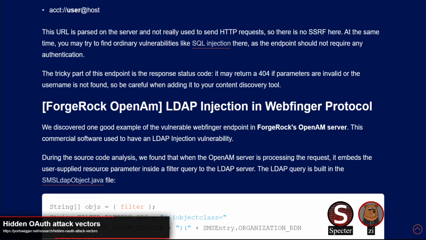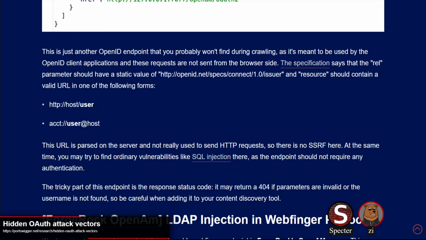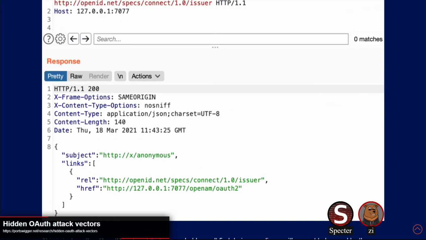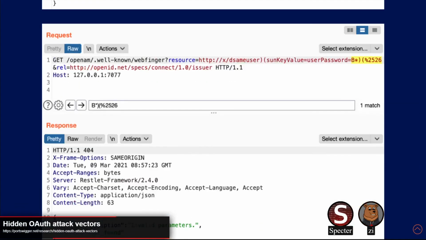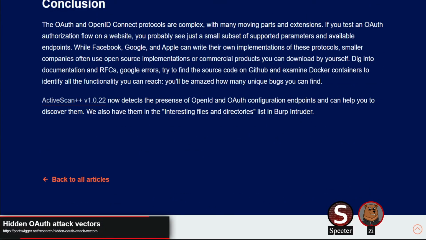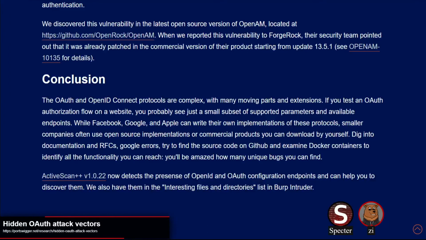They found LDAP injection there, basically, because it's going to parse the host and username out of your actual WebFinger request. And there, you could also do some SQL injection. They didn't find that. They did LDAP, but it depends on what the actual backing authentication system is. But it's a place to look for that sort of issue. And I said I haven't seen LDAP injection in a while. When I end up testing applications, at least, they're going to be deployed with SQL setups behind them, usually not LDAP, until they're actually in a production deployment. So I haven't run across it, but it's not like it's some secretive vulnerability or something.